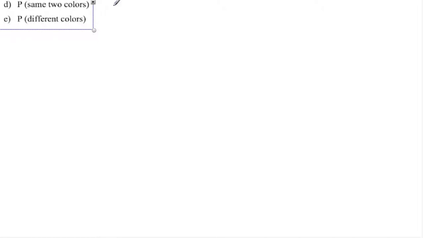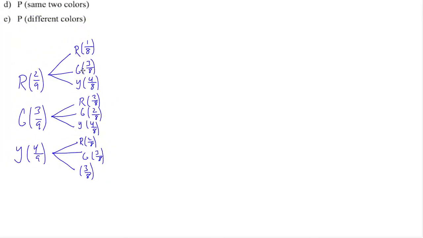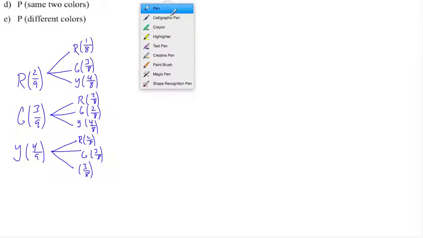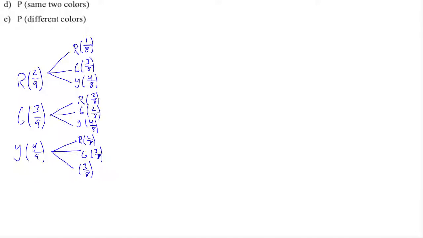Okay, now here we want to look at the situation where we have two colors that are the same or two colors that are different. So if we want to find the probability that we have two of the same colors, well, that's going to be red, red. That's going to be green, green. And that's going to be yellow, yellow. I lost my Y down there. It's a sad day. Anyway, so the probability that I have two of the same,